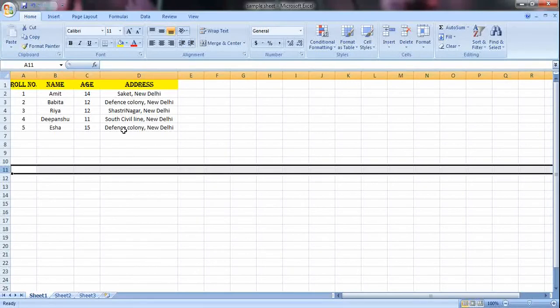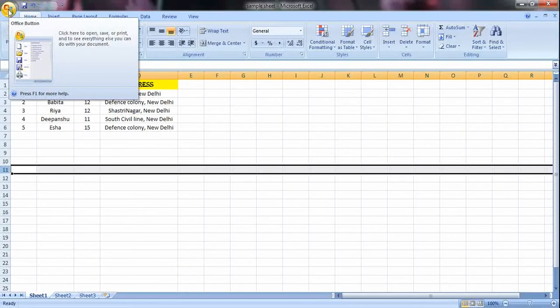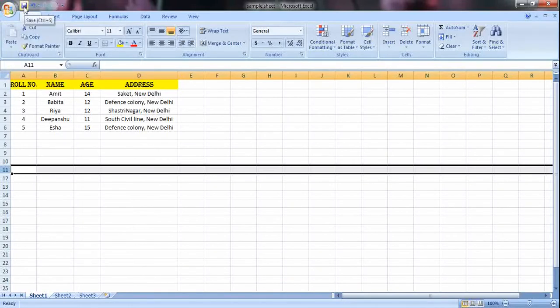So now my data is done with the modification. So just quickly save it. You can just quickly save these changes in your file. To save these changes in the file, what you'll do is instead of going there and clicking on save as again, just simply click on this save icon. This is the save button. Just click on this and your file is automatically saved.